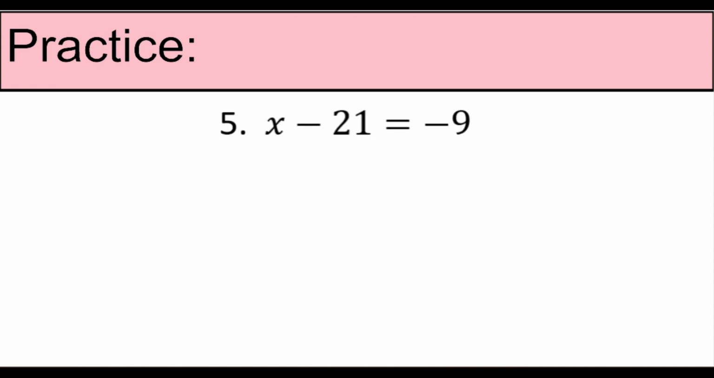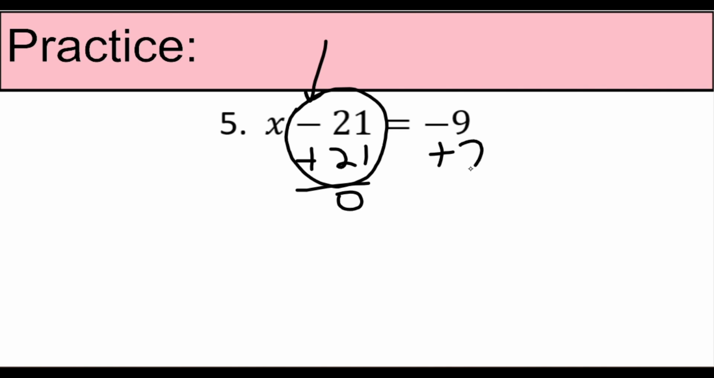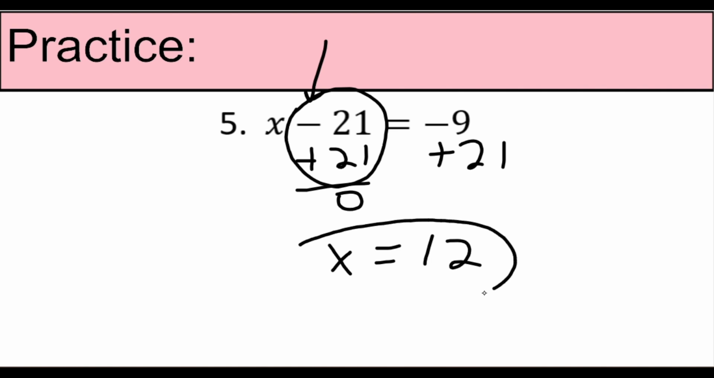And number 5, we're going to undo this subtraction, and we're going to do it with addition. So we'll add 21. Just like before, if we have a -21 and a +21, those two end up being 0. So whatever I do to one side, I need to make sure I do to the other side. And I end up with x equals, okay, -9 plus 21 ends up being a +12. And we have our